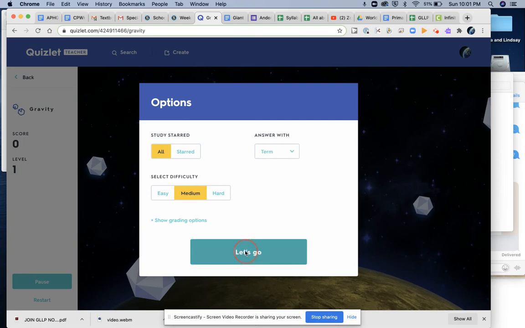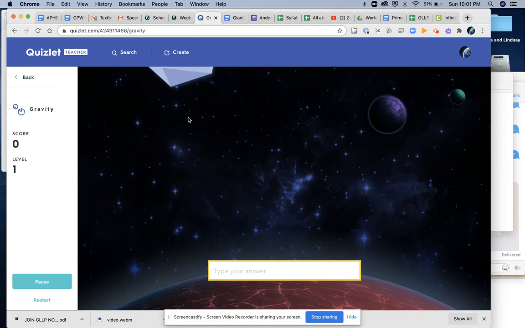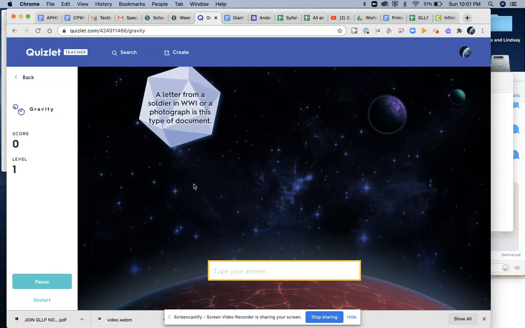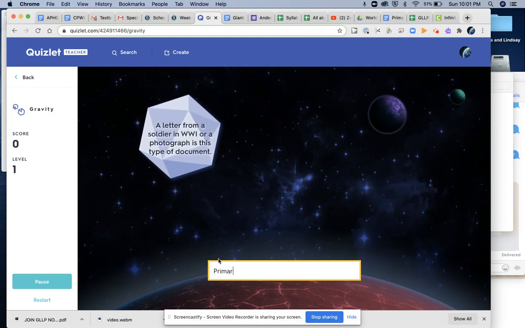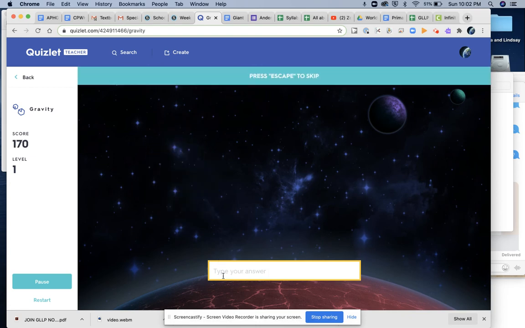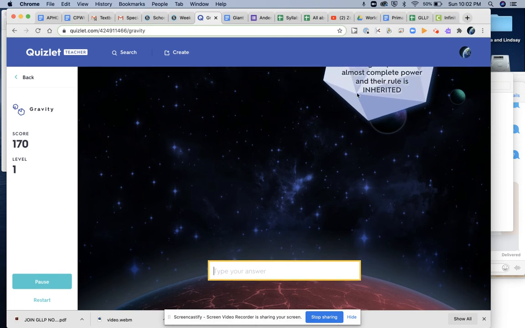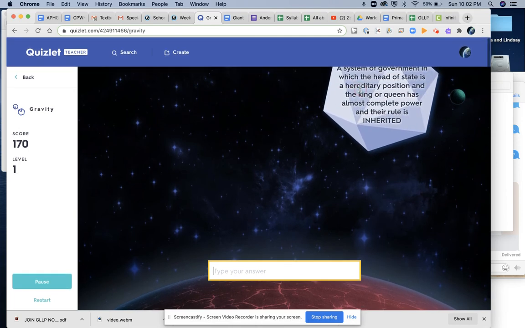Okay, so let's go. This is how it's going to work. You have to type your answer before this gets down. So a photograph, a soldier in World War I, it's this type of document. That is a primary document. And then I have to answer it before the gravity before the thing hits. So it's really hard because you have to type it all out.